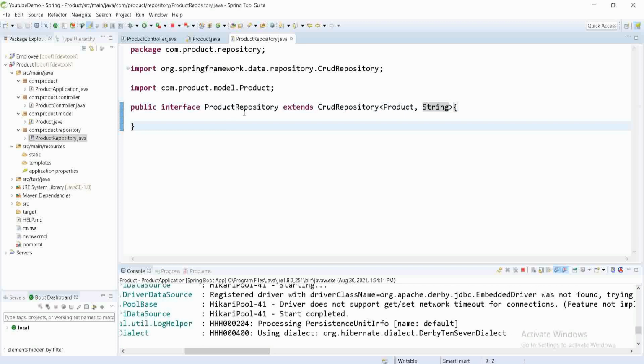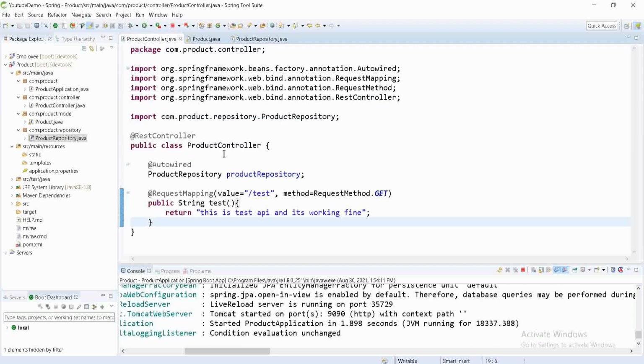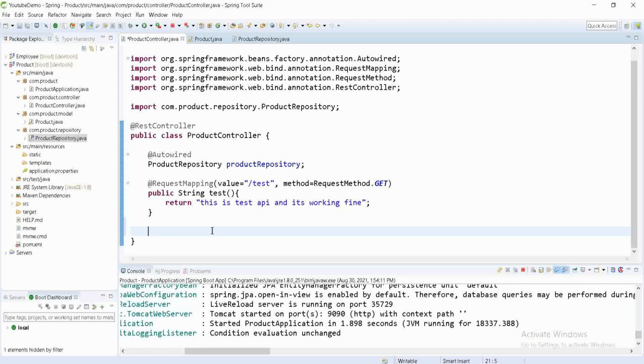Now in our controller we are going to create a method for adding the product into the table. So let's use the same request mapping. Later on we will change this request mapping to get mapping, post mapping, delete mapping and put mapping. We have to understand each and every line, so that's why I'm explaining it this way. So here request mapping, and value will be, suppose, addProduct,